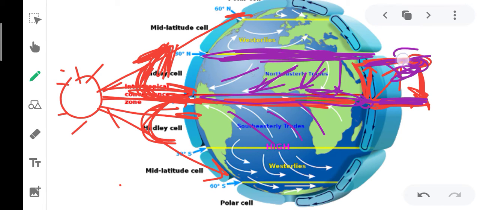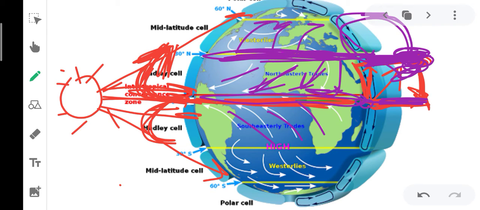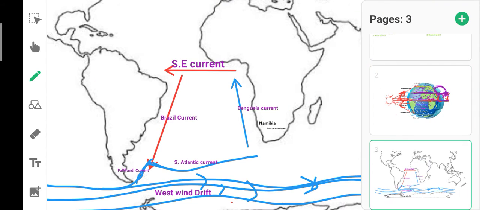And again, here is high pressure. It will lead to the subsidence of air. After this, the air will travel along the ground, and again here it will rise, and this will travel in this direction, and again this will complete a cycle. So again here is a high pressure belt and a low pressure belt, and wind will move from the high pressure belt towards the low pressure belt, and this is the westerlies. This is the natural movement of the wind, and this is the forced movement of the wind. So after discussing the concept, let's move to the world map.